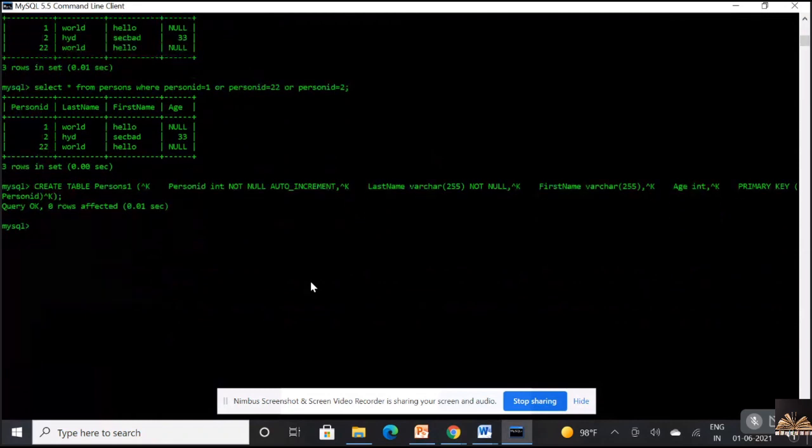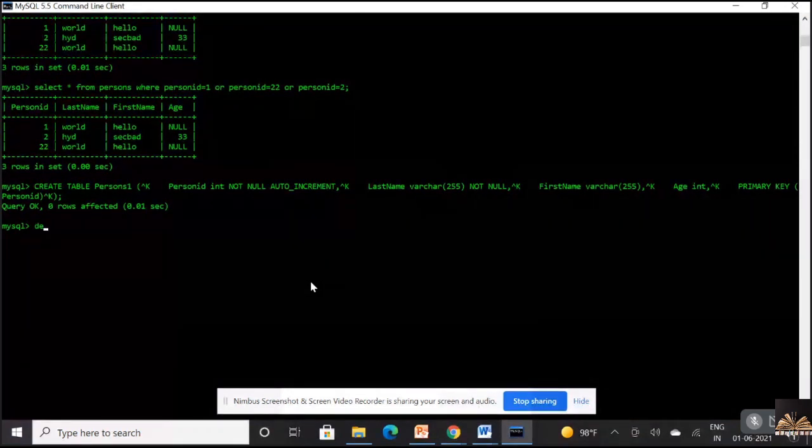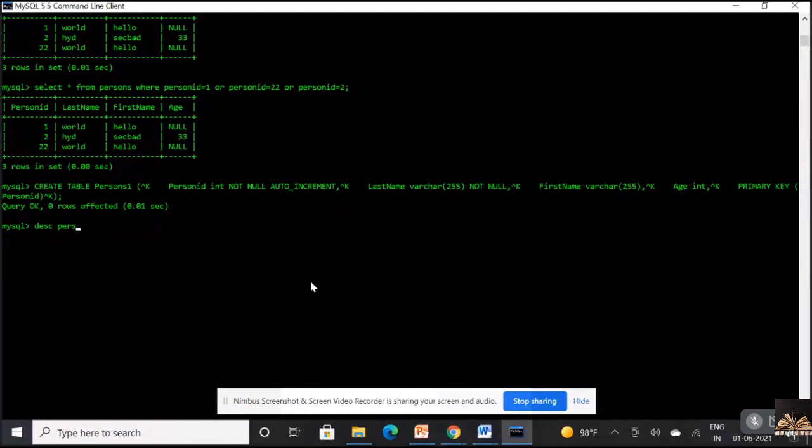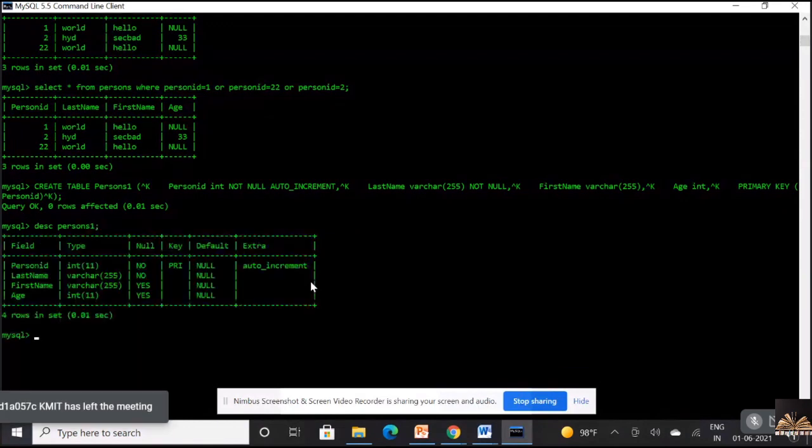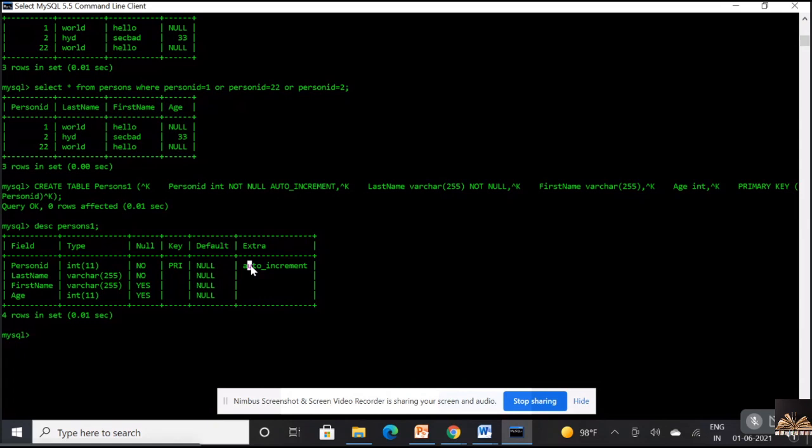Describe persons 1. Now see, there is an extra field for person ID. The type of the column is integer. Nulls are not allowed. Is it a key? Yes, it's a primary key. And any extra arguments, until now we did not see. Now this particular column is specified as auto increment.